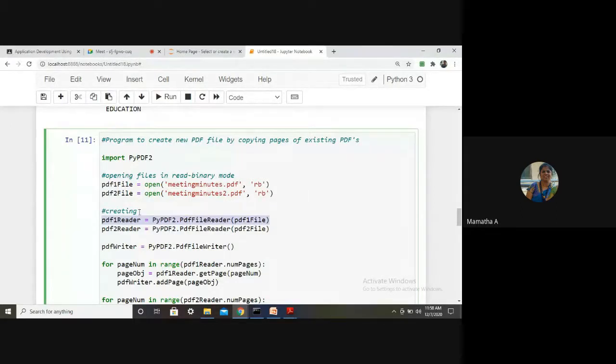PDF1 reader is what, students? What am I creating here? What is the first step?